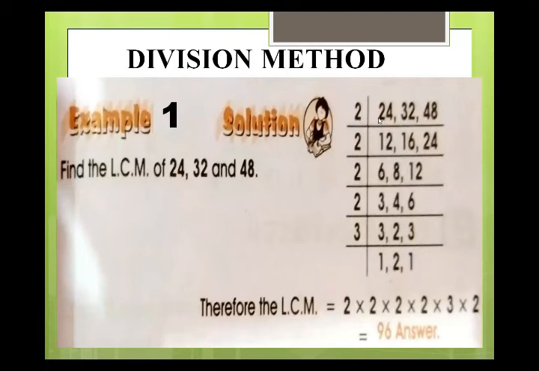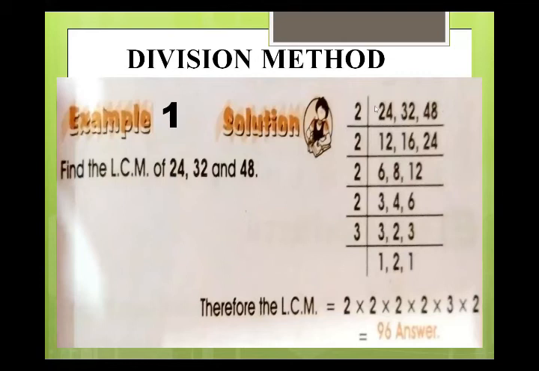So if we divide 24 by 2, the answer is 12. If we divide 32 by 2, the answer is 16. If we divide 48 by 2, the answer is 24. Yes, good. So after finding the first divisor,